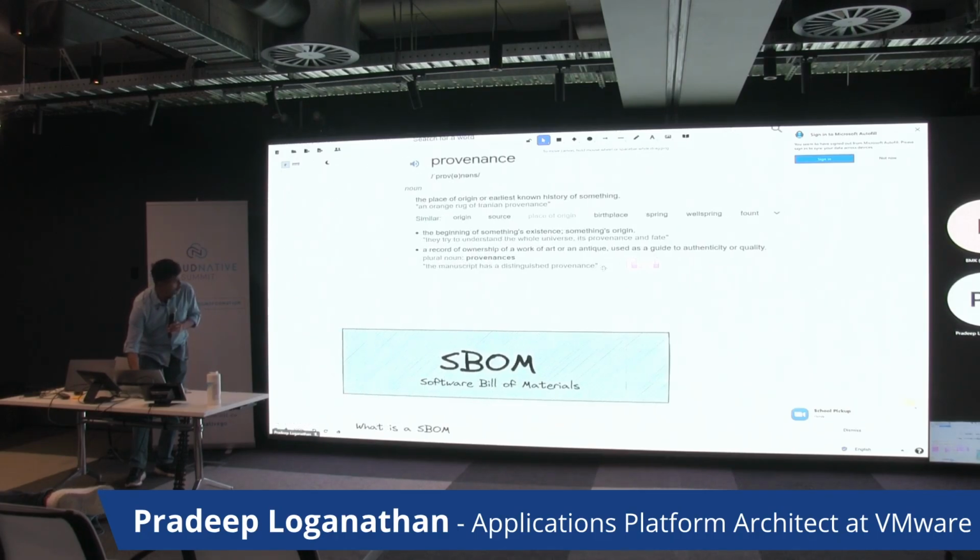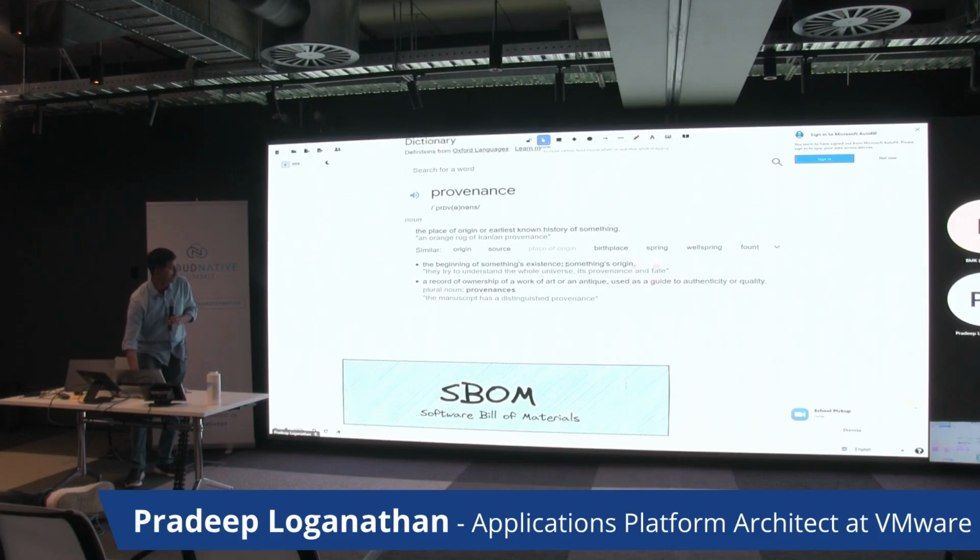Okay, so we've been talking a lot about provenance. When we talk about provenance, it's basically about knowing exactly what your build artifact is, what you are producing, what it is composed of, what it contains, and what it expands into. So that's provenance, and you have to be in control of the provenance of the software artifacts that you're generating out of your build pipeline. And that's key to ensure that your packages are secure and that you're not further creating infections or issues downstream from yourselves. Any questions so far?